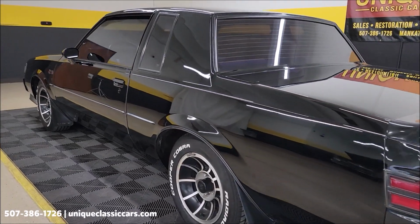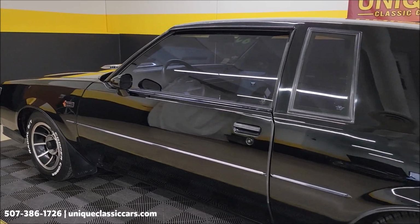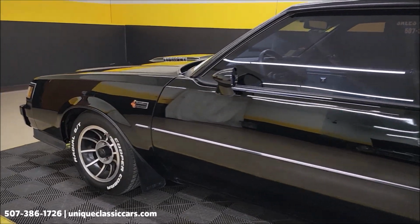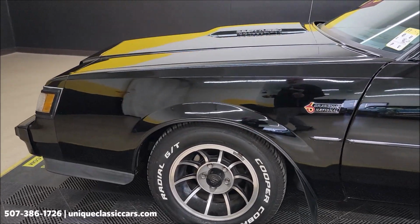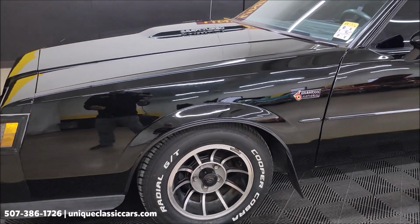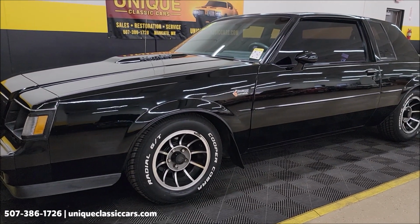Another thing I like to tell people, if you're into these mid-80s cars, of course the GTA, maybe the Regal T-Type, a Grand National like this, 5-liter Mustangs,